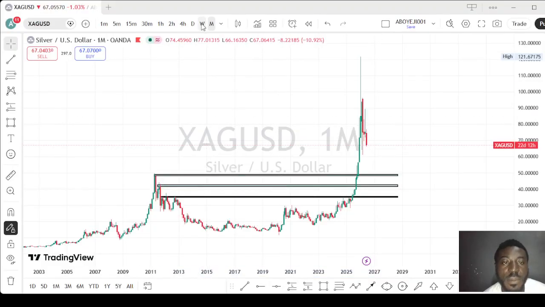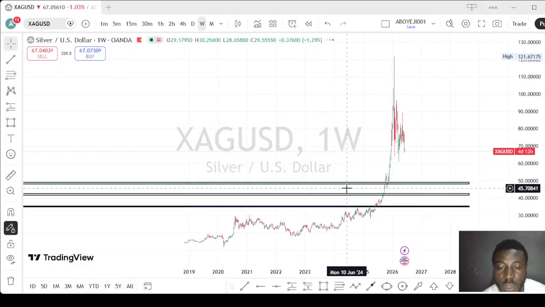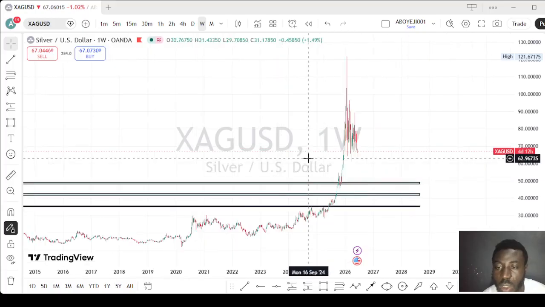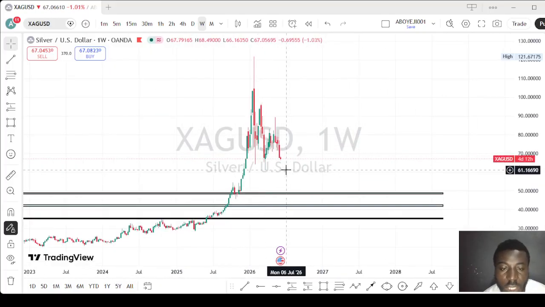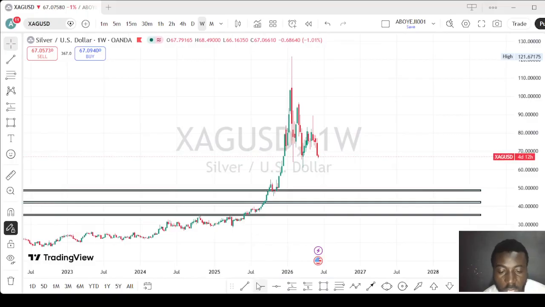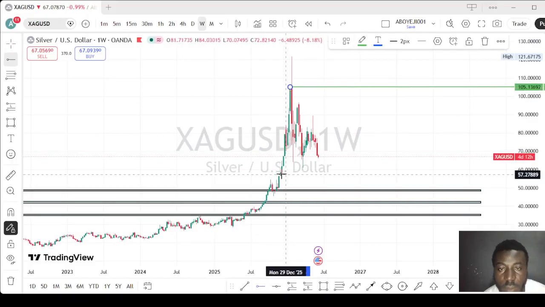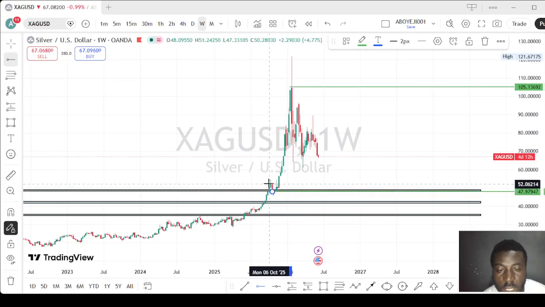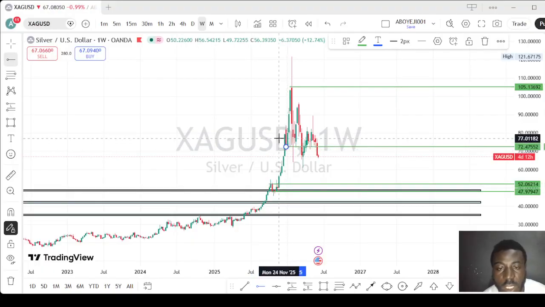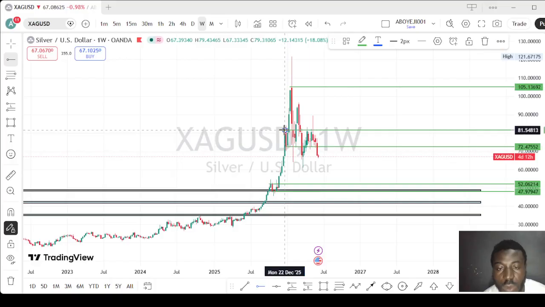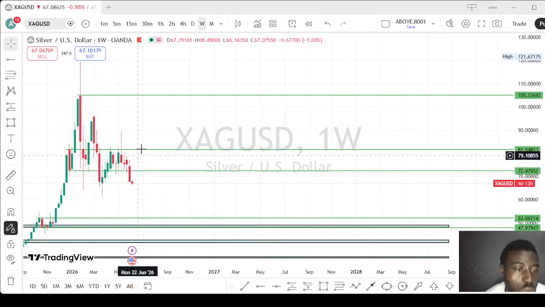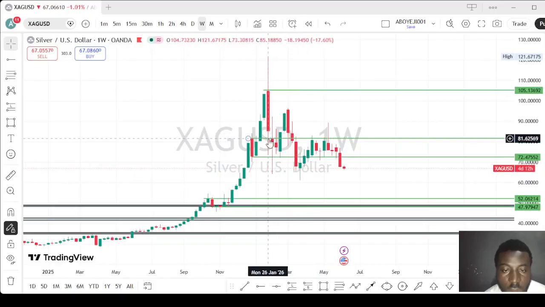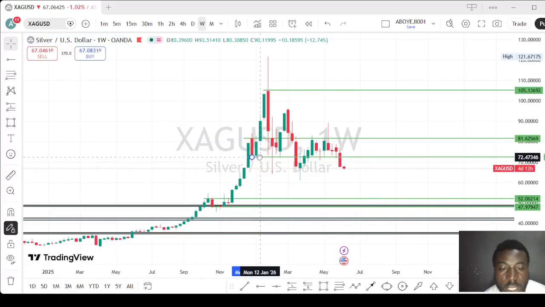So let's move to the weekly time frame. This is a weekly time frame key level, and you can see what the market is doing. The market is giving us the vibe of a downtrend. All the market is doing here is just liquidity, because this is our first key level here. This is our key level here also, and this is our key level here also. This is the key level here also. You can see the key level, and this is another key level here also. Those are the key levels the market gave us.